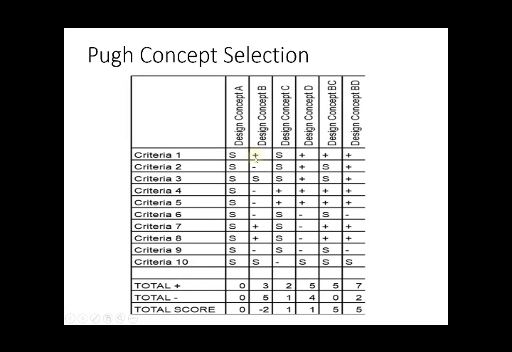So we put a plus sign. Plus shows it is a further improvement from the standard value. Now we consider design concept C with criteria 1. S means again it is the same, it is similar to the standard. Both A and C are similar as far as criteria 1 is concerned, so we put S. Now we consider design concept D with the design concept A, the standard. Again concept D shows more improvement for the first criteria, so we put a plus sign.